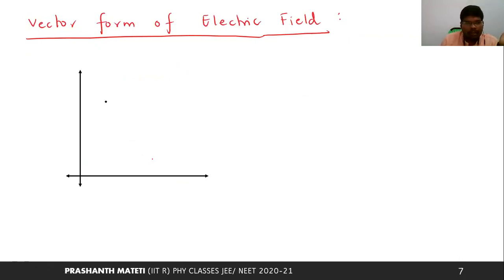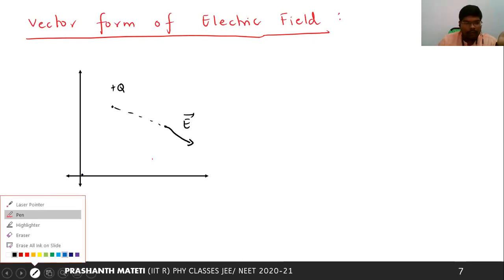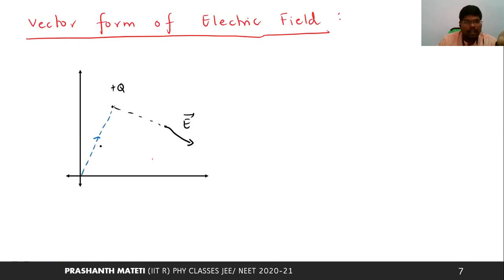For example, if we take a charge here, and we want to know the field at this point, we can show it graphically in the direction, if this is a positive charge. Now, what is the mathematical representation of the vector? Say this charge is located at the position vector r1, and the point is at position vector r2. Since it is a positive charge, the electric field is in this direction. We say this is the r vector. It can be written as head minus tail.